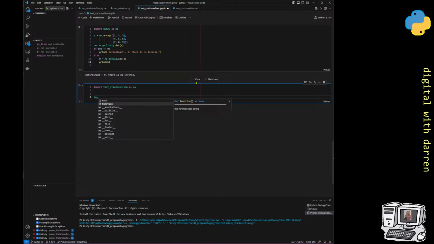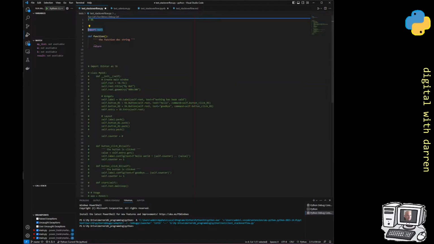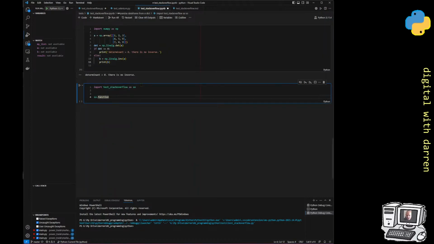But I think I've only got one function in there. So SO dot function. I created this function here. It's an empty one. But we can see that that's intuitively much more useful